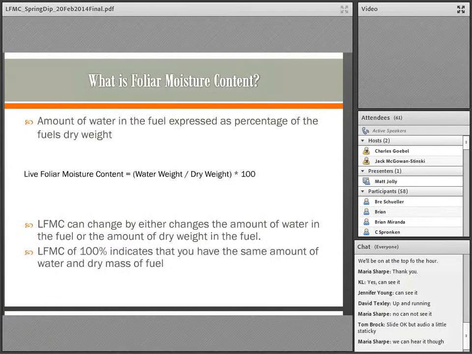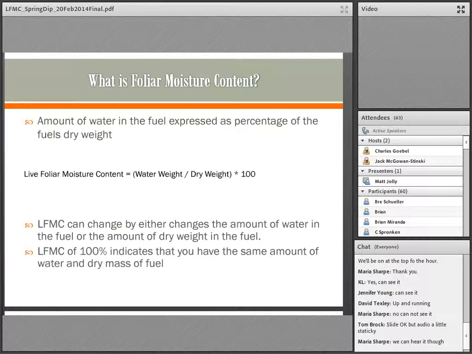One of the interesting things about fuel moisture is that we have always framed our understanding of live fuel moisture based on how we believe that dead fuel moistures behave. And we essentially treat live plants as just really wet dead plants. But one of the complicating factors is the way that we calculate foliar moisture content, because we express everything as a percentage of dry weight. So in its simplest terms, any fuel moisture is just the mass of the water in a particular fuel divided by the dry weight of that fuel.